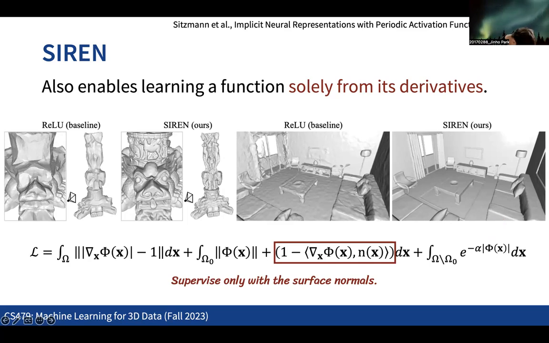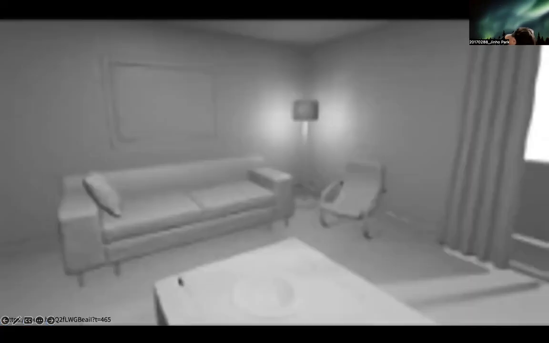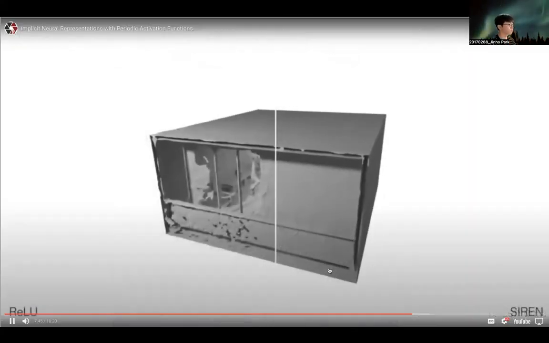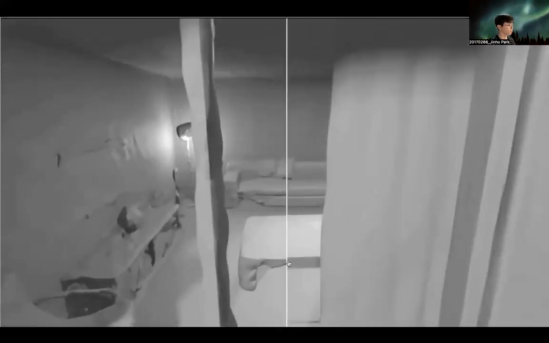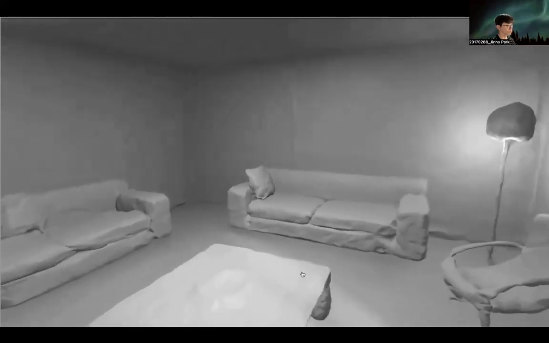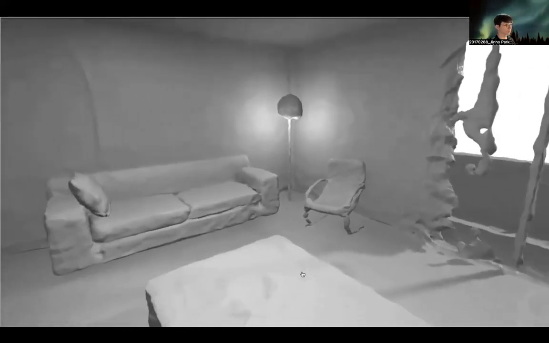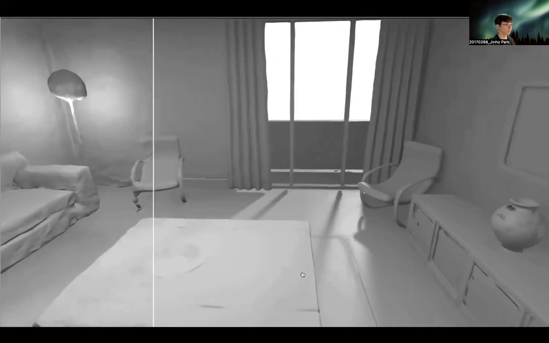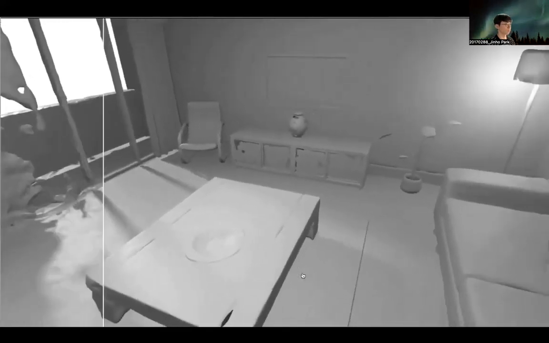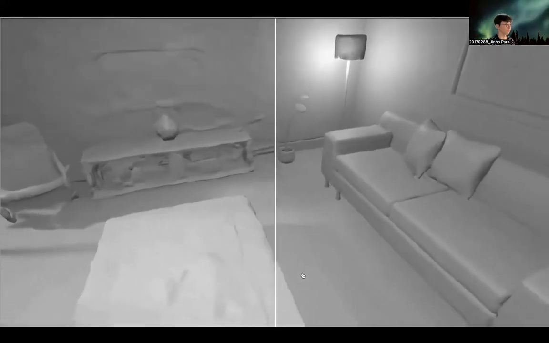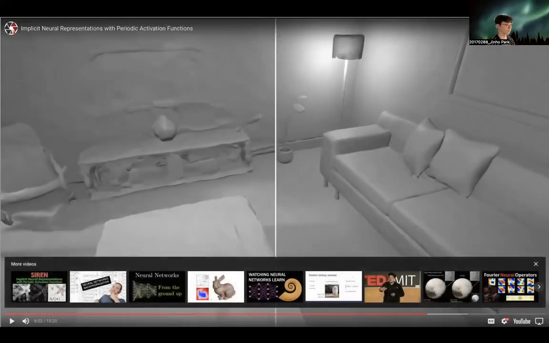So for those kinds of cases, compared to the other case where we are using a typical activation function like the ReLU, a single fully connected SIREN with 5 layers and 1024 hidden units may also faithfully represent a full-scale room, while a ReLU network fails to faithfully reconstruct the room, as illustrated by the inability to fit the curtains, the bowl on the table, or the feet of the sofas. Yeah, so these are the results.